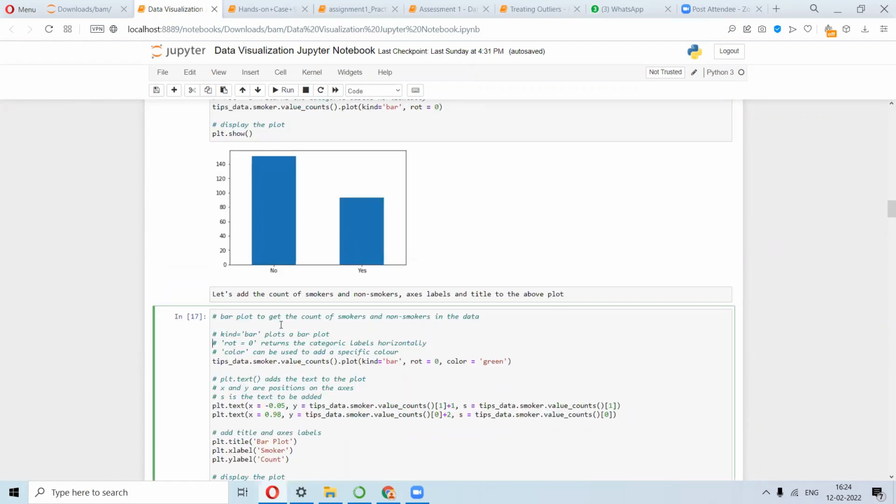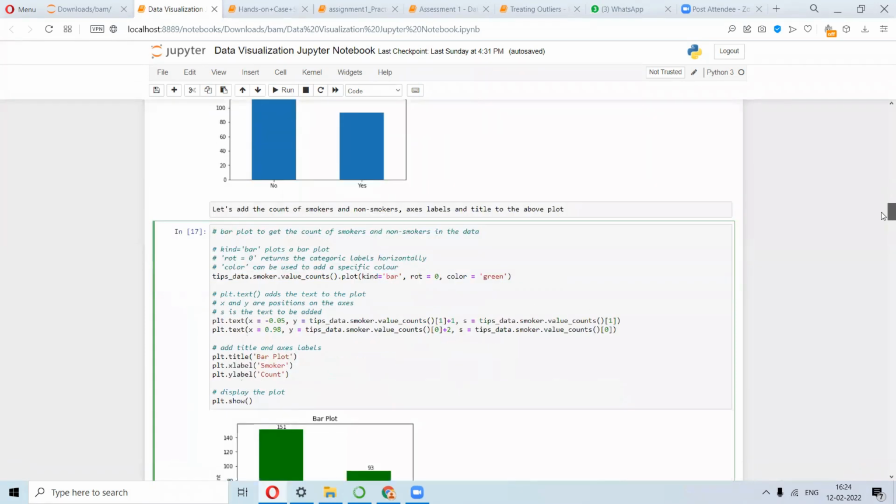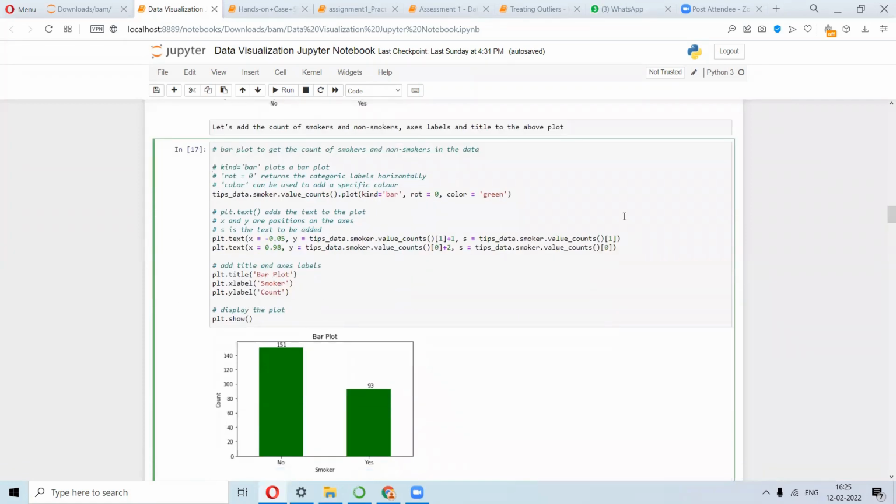So this is how we get the bar plot. All these things remain the same, but just that we have here plt.text, which adds text to the plot, right? That is a new thing that you have. Also you can play with the positions of x and y on the axis. And s is the text that you have to add.